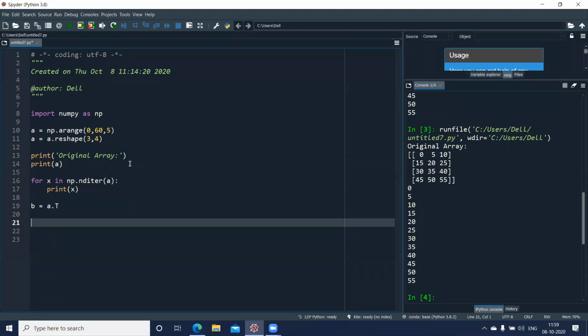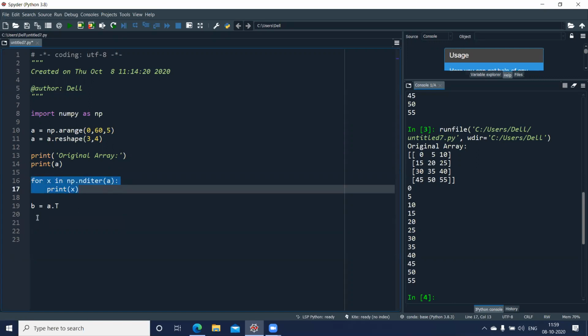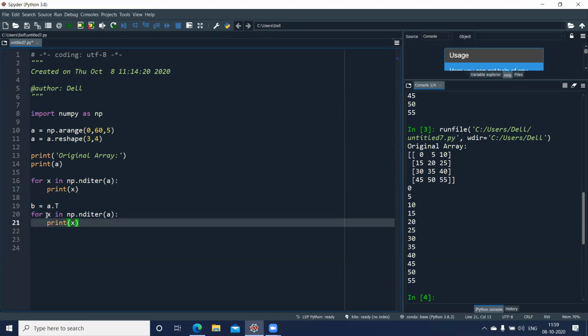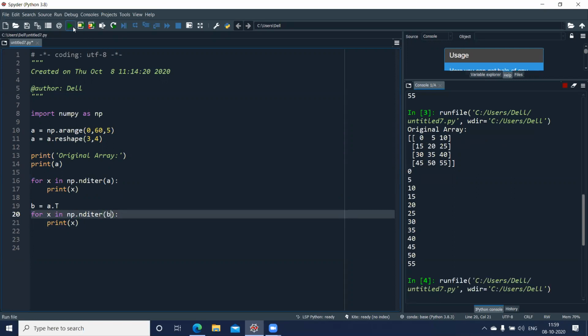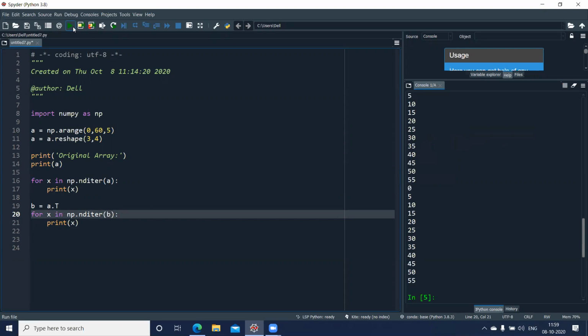Now, if I display the values again using the for loop, let me check whether it displays in a different form. So I'll paste it here, and instead of A now, I'll change this to B. Okay, and run this. We'll compare both the outputs. Okay, there's hardly any change here. Fine, but please remember that Python is going to decide on its own whether to go for row-wise display of the values or column-wise. Now, if we want to specify that I want to access the elements row-wise or column-wise, I can do that as well.